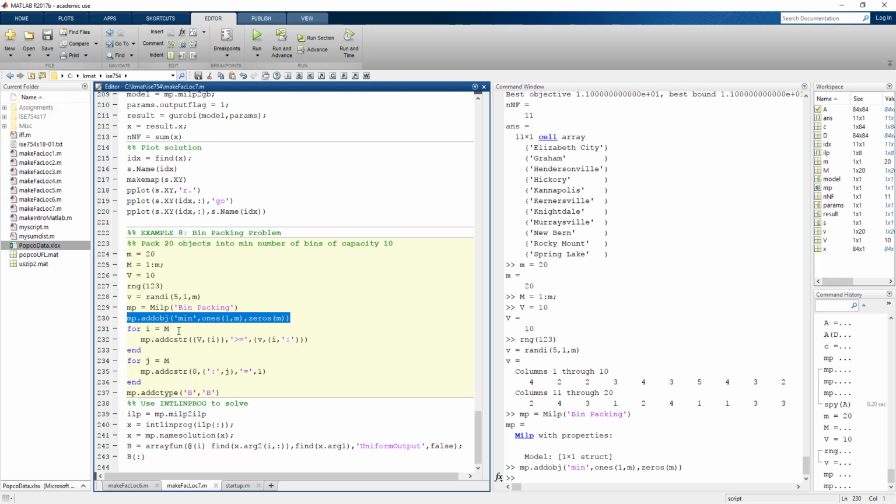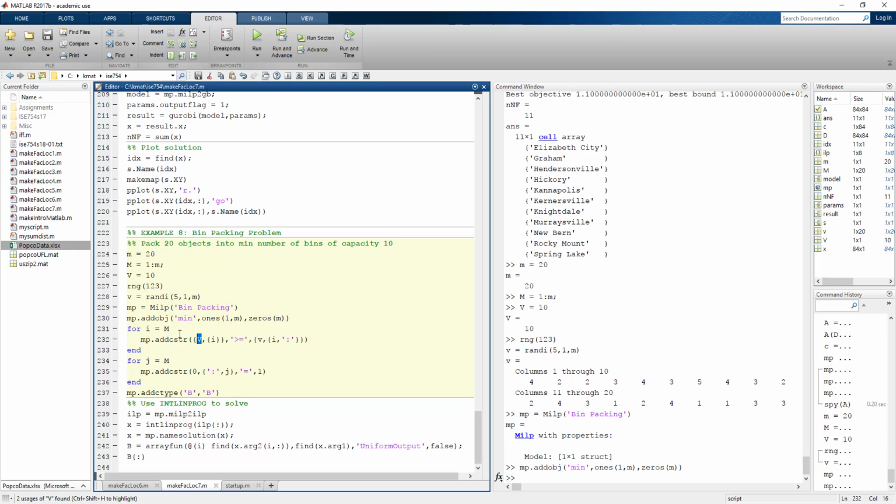I can then create the first set of constraints. And just like the UFL problem, this first set of constraints ensures that for any object assigned to a bin that's established, the product of the volume of the object, V, times 0 or 1, indicating whether or not it's in that particular bin, the sum of all of those cannot exceed the volume V of the bin itself. So this is the object volume. This is the bin volume. Here it's indicating that we're doing a summation over all of the objects. And then i equal 1 to m is for each of the